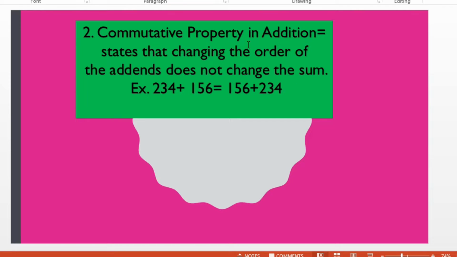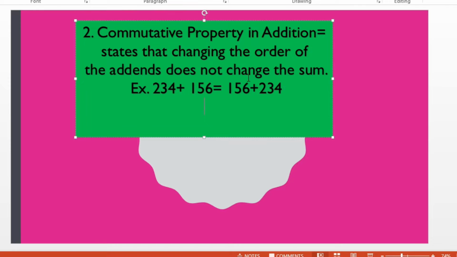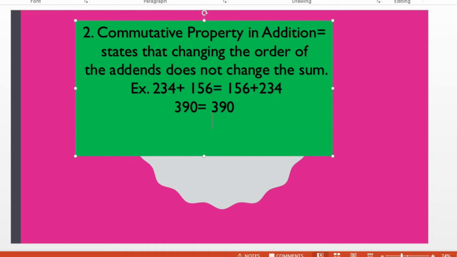So, titingnan natin dito mga learners kung kahit ibalik natin yung numbers o ipapalit natin yung numbers dun sa kabila ay hindi daw magbabago yung answer o yung sum. So, let us check. 234 plus 156. So, we are going to add that number. So, 234 plus 156, the answer is 390. So, another one,